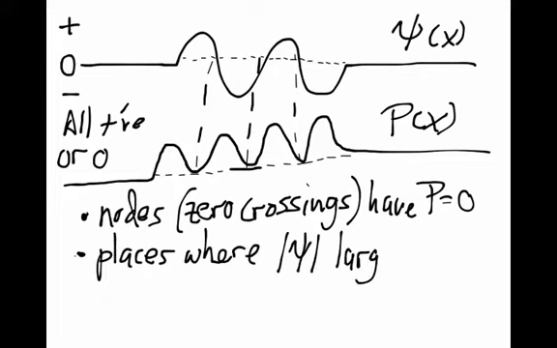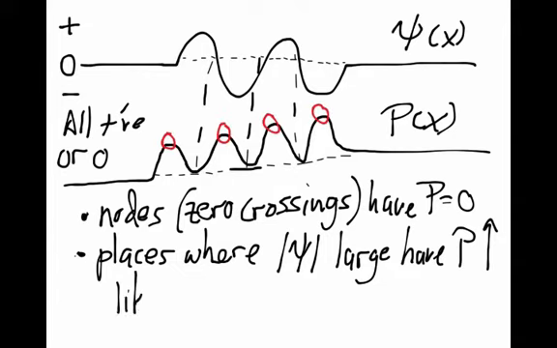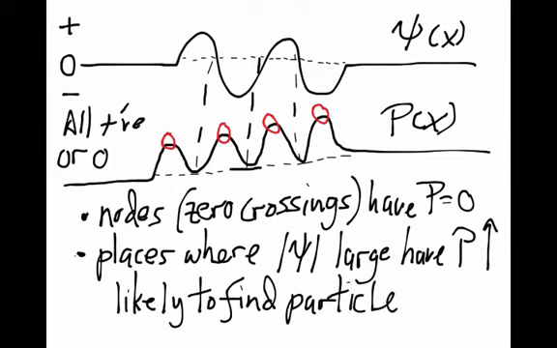So the places where the wave function, or the absolute value of the wave function, is large, those are places where we're going to have a large value of the probability distribution. And those are these 4 lumps in the 4-lumped camel. So if you do this experiment and go look for this object, those 4 areas are the 4 areas where you're most likely to find the object.